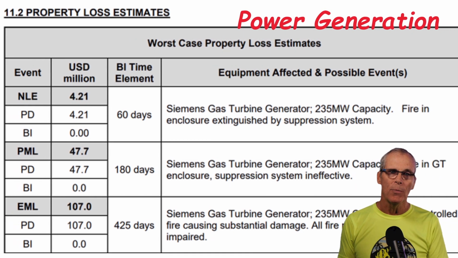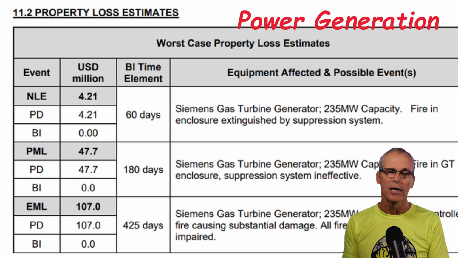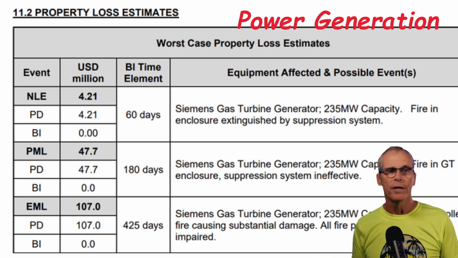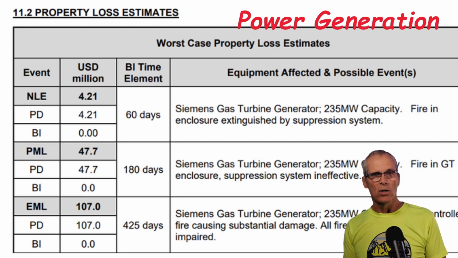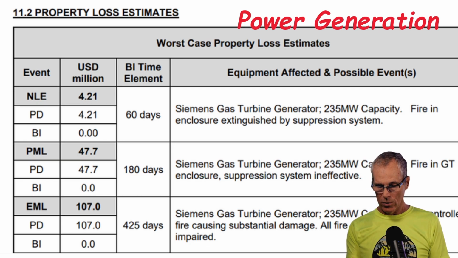Here's one straight out of a power generation facility, and you can see it's without the name for the equipment, which isn't a big deal. They're not the client. The client name is confidential and protected. But this equipment just shows you the size, and we're talking about the scenarios and what the events can be. This is a summary, and it gives you an idea of how long it'll be shut down and what the costs will be in dollars.